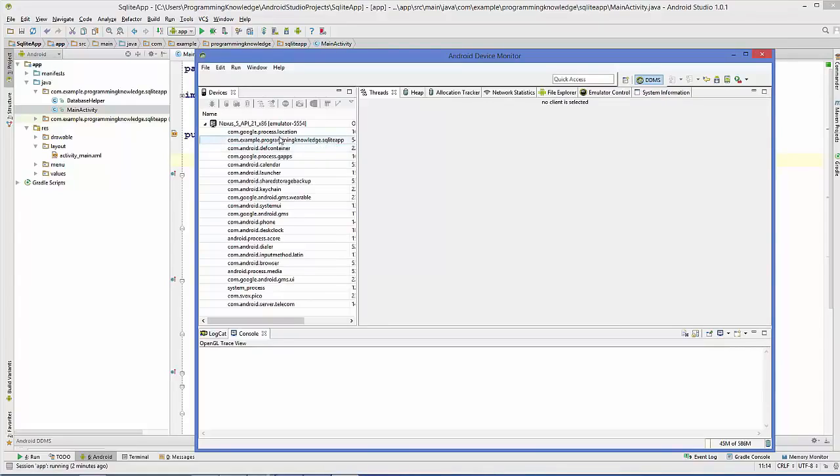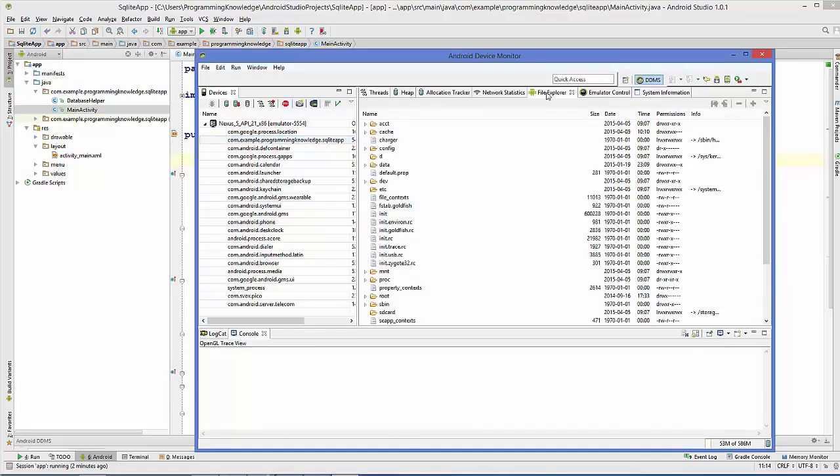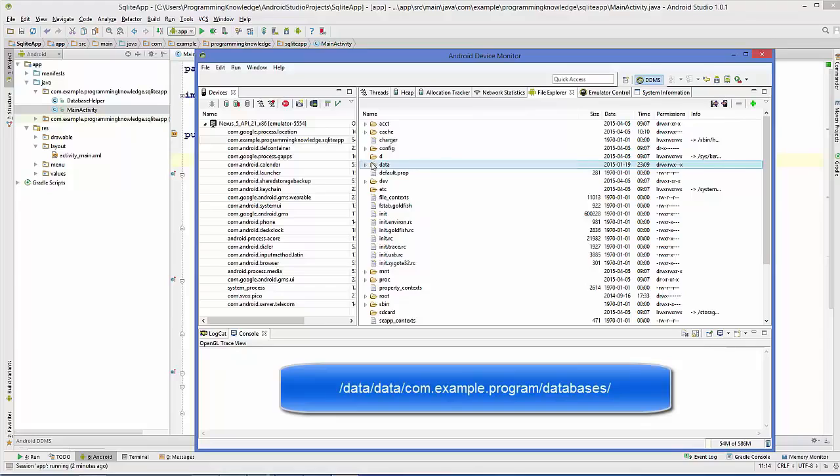My app name is SQLite app, and I can find my app here. Once you select this, go to the right hand side and choose File Explorer. In this File Explorer, go to the category called data and open it,